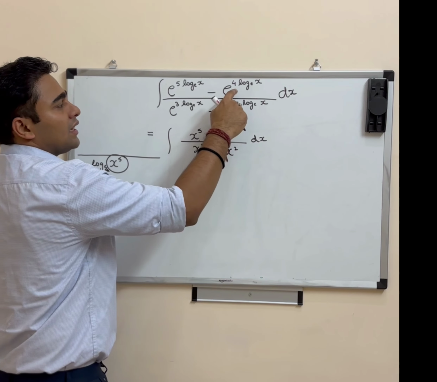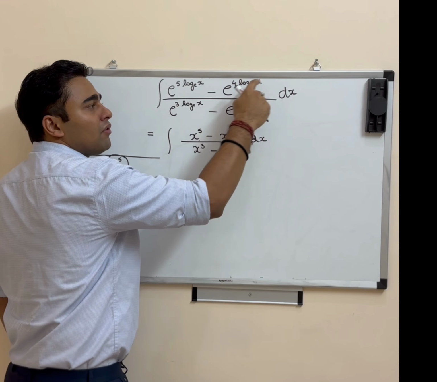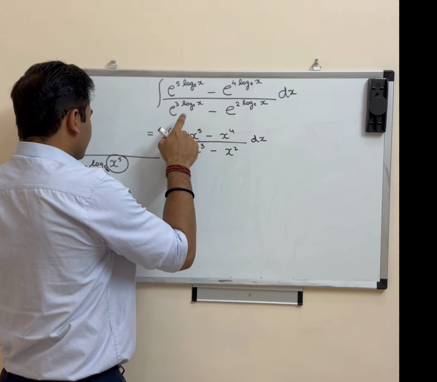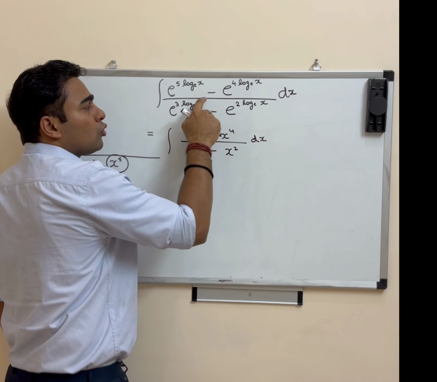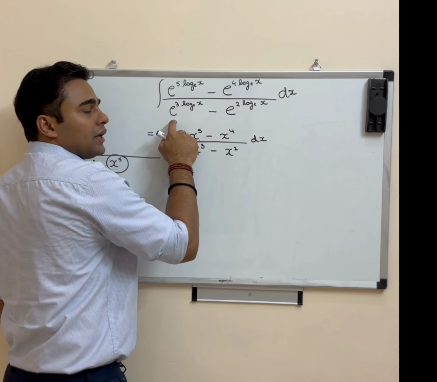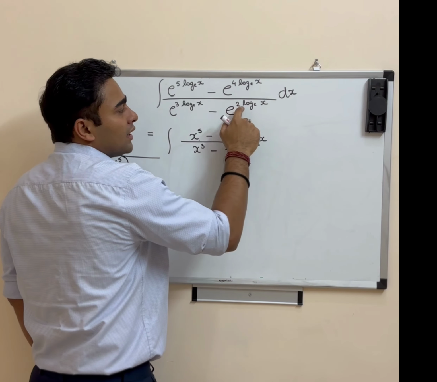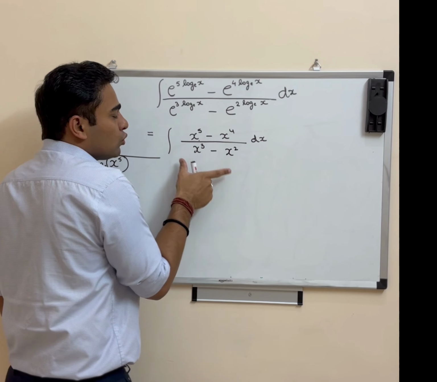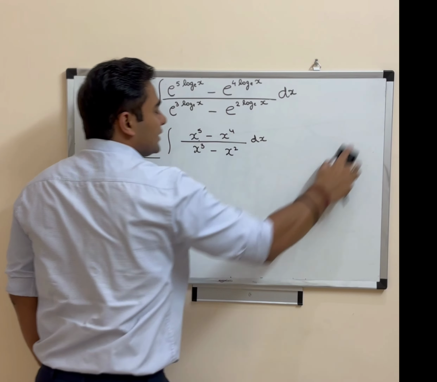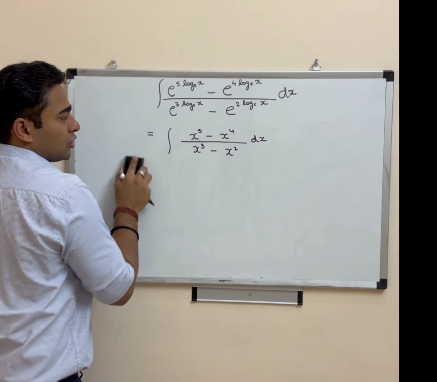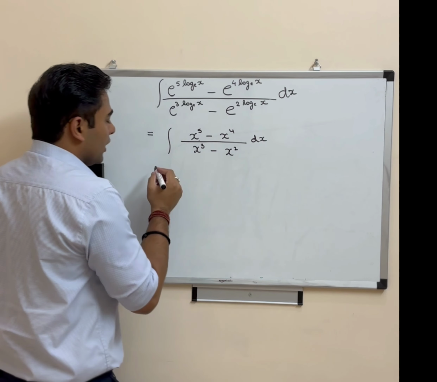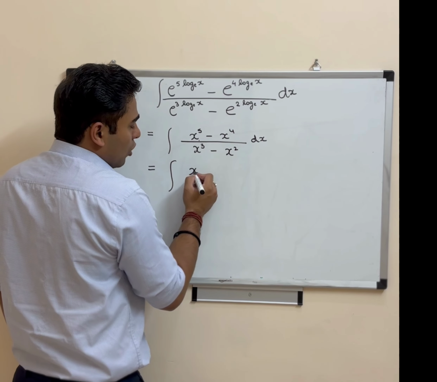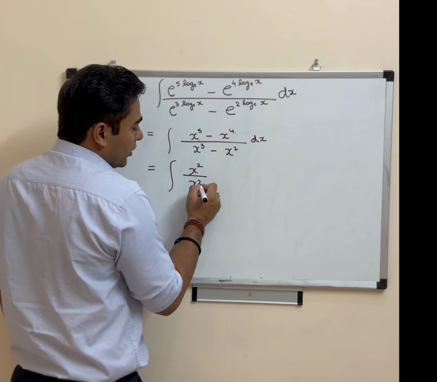Similarly, you will see that e and e here are the same, this would come to x raised to the power 4, and similarly this would also come out to be x raised to the power 3. Then e would cancel out, and this would come out to be x raised to the power 2, and the whole thing would cancel out. So you will finally be getting this expression, and now this is very simple to calculate. You will take x square as common from numerator and denominator both.